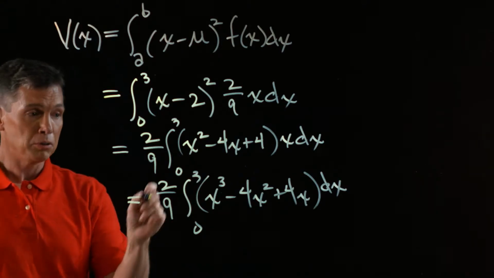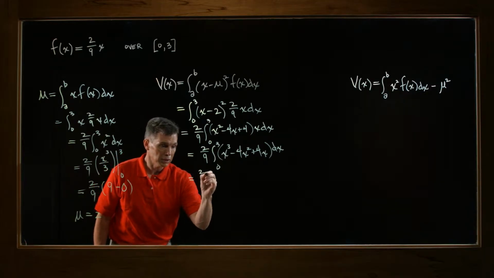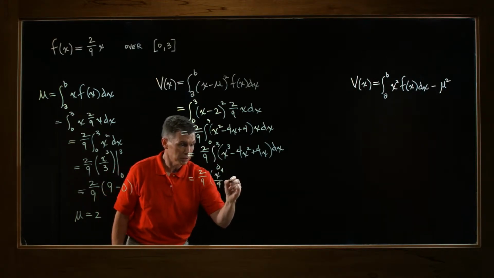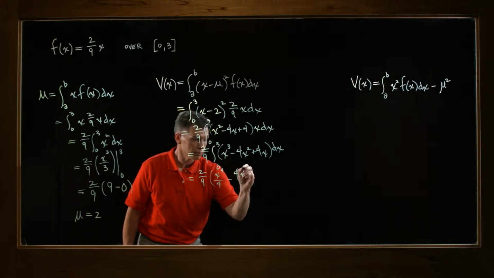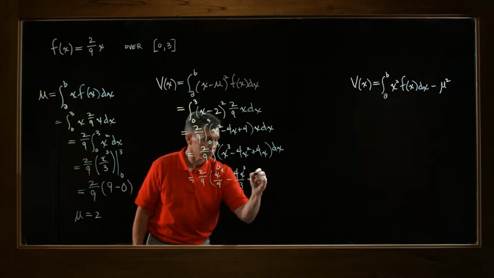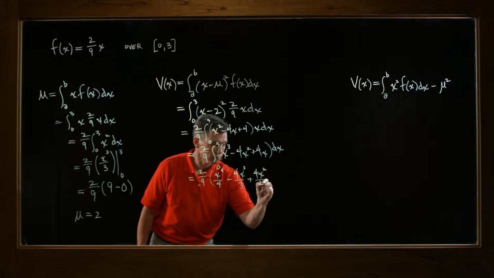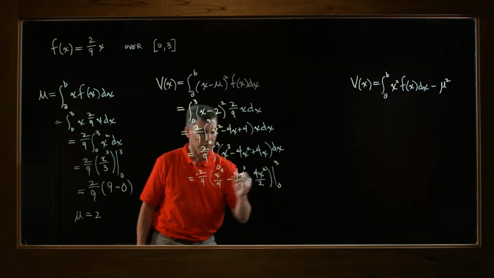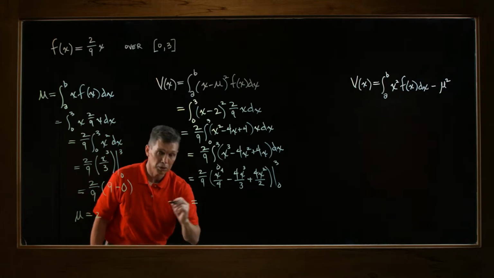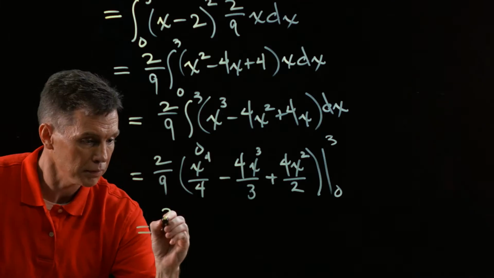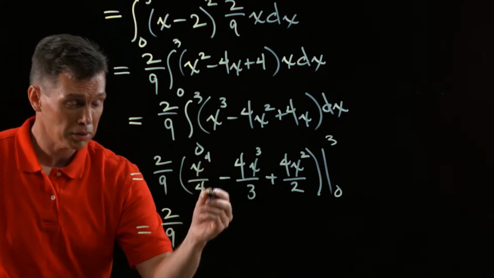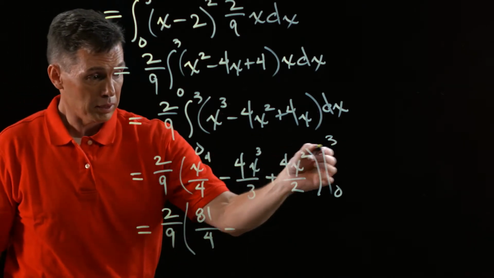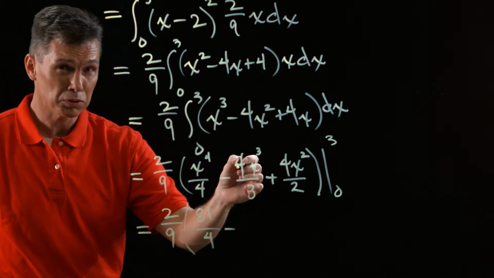And now I finally feel ready to do an antiderivative here. I still have my 2/9 out in front. And I'm just using my power rule for integration each time. Still a definite integral from 0 to 3. Now I'll put in my limits of integration, putting in the 3. We have 3 to the 4th, 81 fourths, minus 3 cubed is 27 times 4,